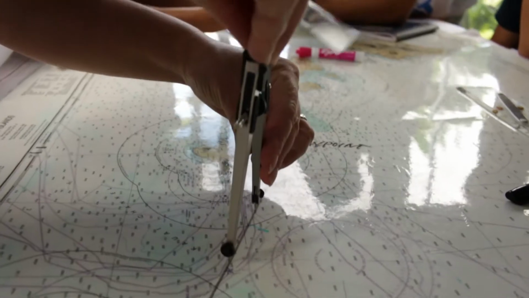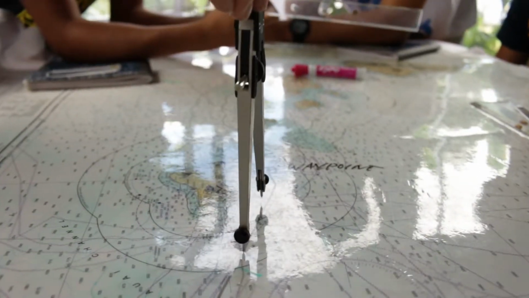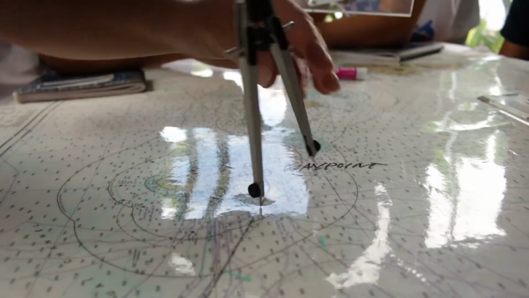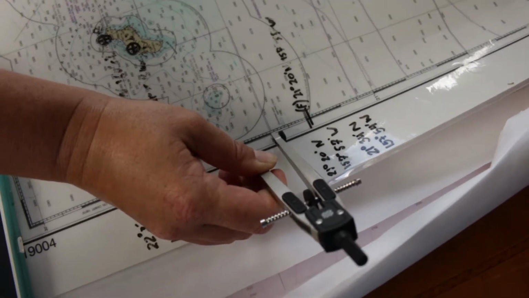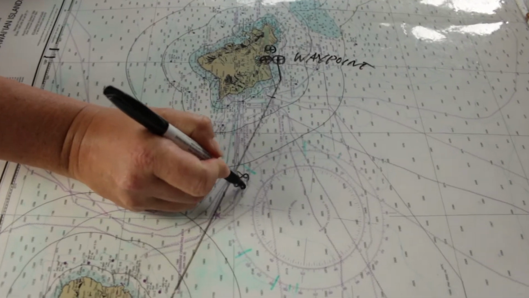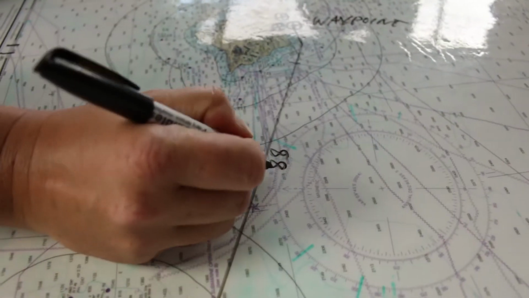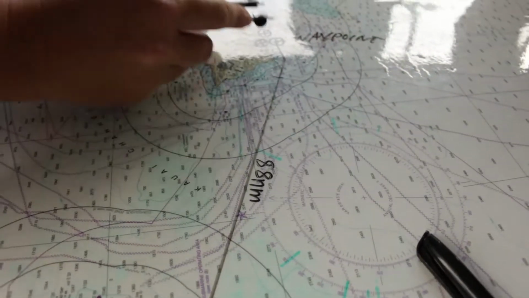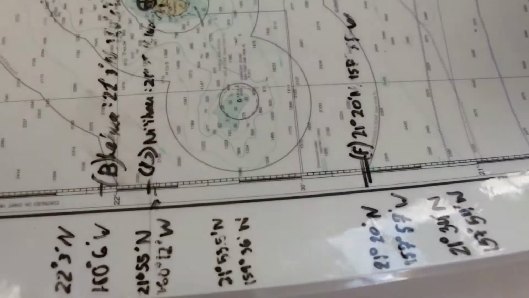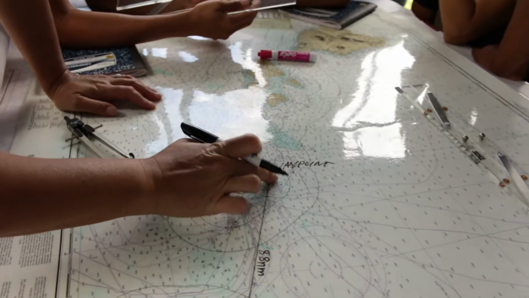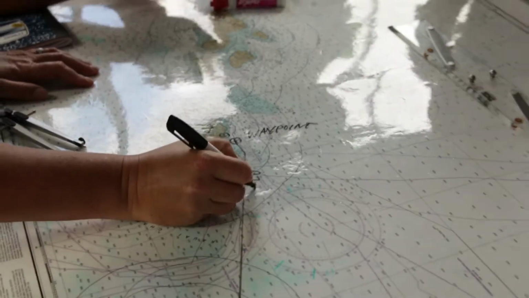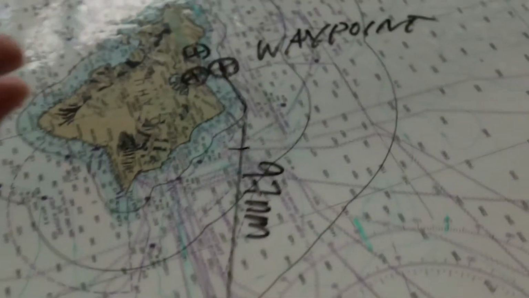40. 60. 80. Then I'm going to take the remainder. Okay, so we had 80 plus how much? 8.5. So you can just say for now, this is 88, okay, from here to there, NM, nautical miles. Then you can just measure this little section here. 9 miles. Okay, so plus 9. So 88 nautical miles plus 9 nautical miles is what? How much? 97 nautical miles. So that's why writing with pencils is a lot better, because we can make it a little